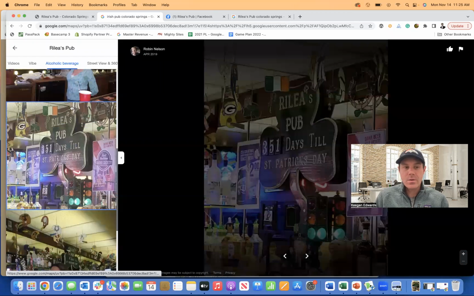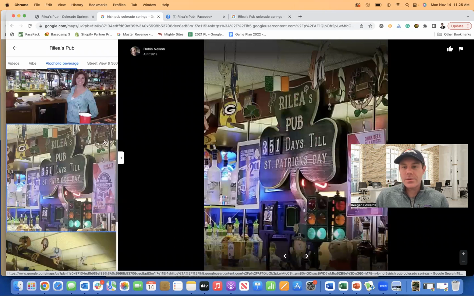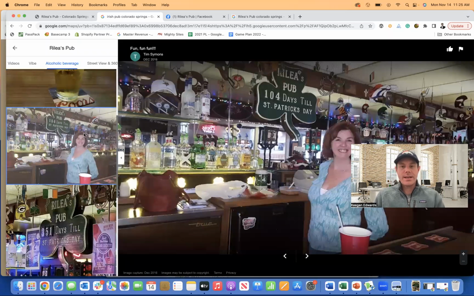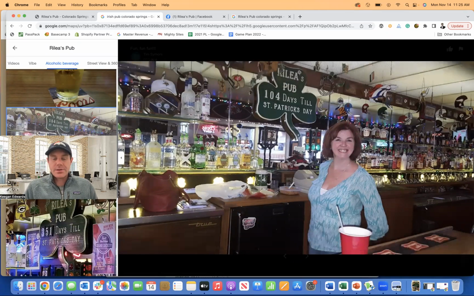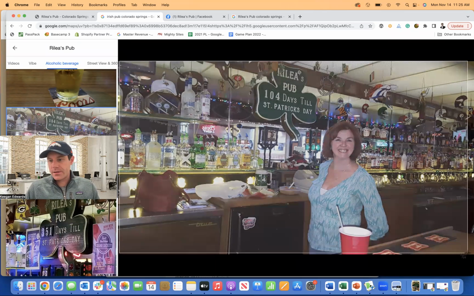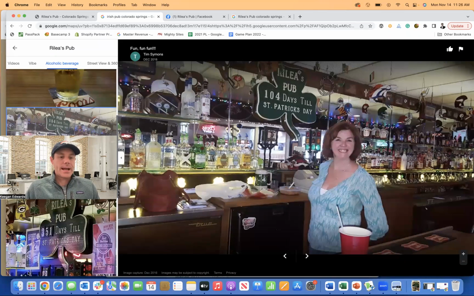I think this would be nice. Either that one or that one. Let's go with this one. This looks like a really nice photo. So again, let's take a screenshot, upload this to the website. Really just shows the inside of the Irish pub, gives a great feel for its vibe and for the friendly staff. So I'm going to go down right here, scroll over, take another screenshot,